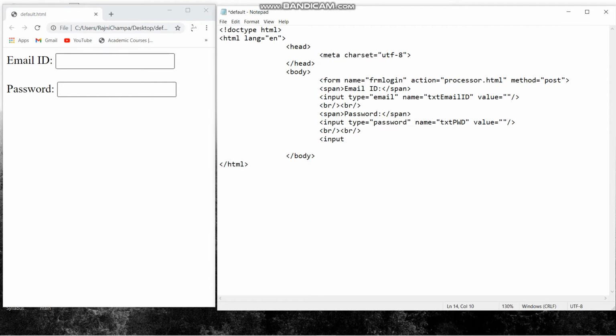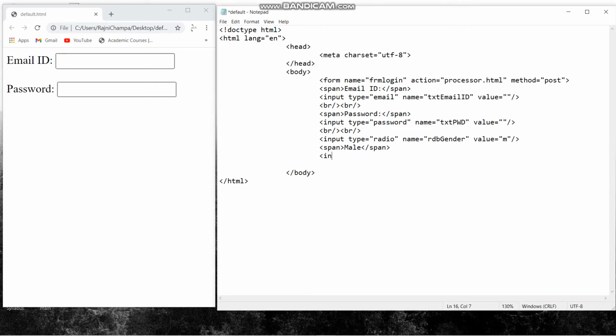And then afterwards I have to give two radio buttons. I am not giving any title for the radio button. Why am I giving the radio button? Because we are creating a minimal user interface. That is why I have given input type equals to radio for the radio box. Within that I am giving a name, that is rdbgender, value equals to M. Now you will understand that it is for male, so we are going to write male inside the span tag.